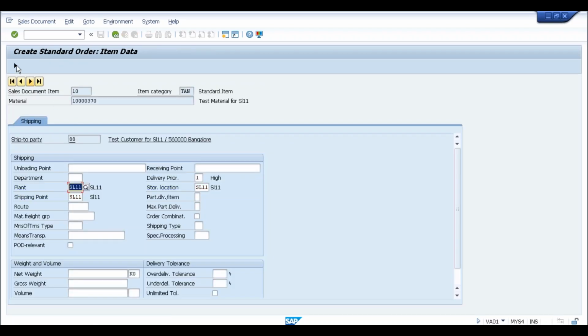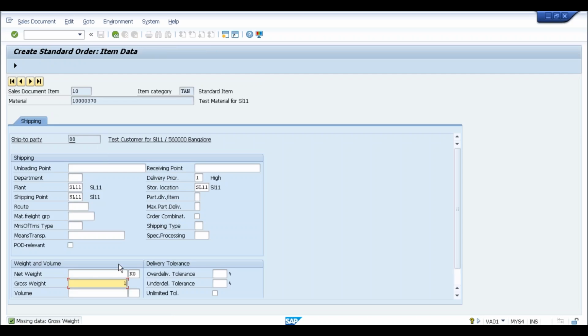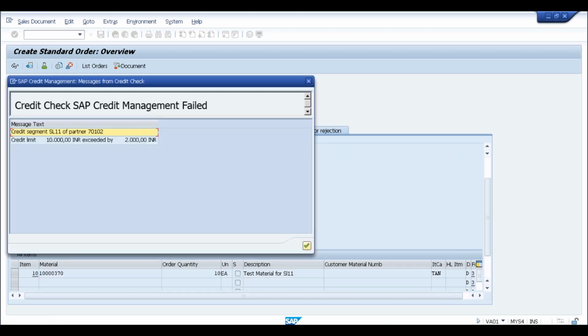Okay. Let's go to next, gross weight and net weight. So let's say 1 and 1. Okay, now order is complete. Let's try to save this now. See, this is what we were